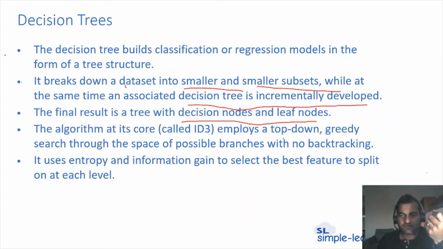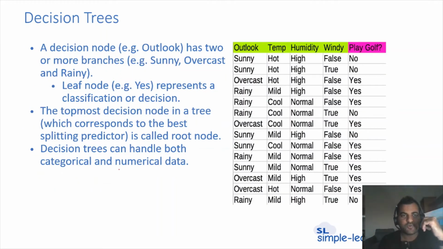Then it mainly uses entropy. Entropy, as we all know, is a measurement of uncertainty, right? Based on that, the information gain is used to select the best feature needed to get the best result, right? So I think this is the basic concept of decision tree. Here is a quick view, an example to explain the decision tree concept.